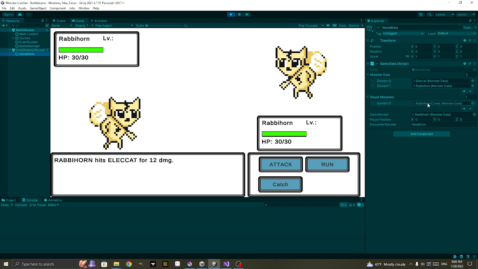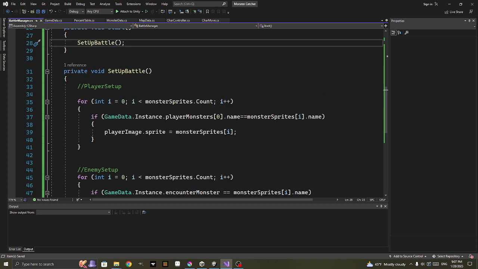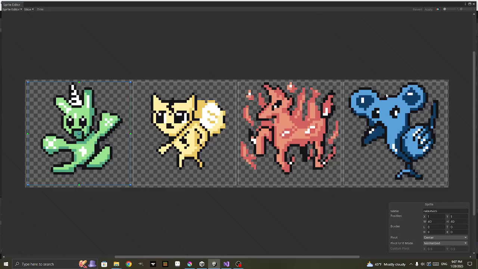My monster is a Rabbyhorn. Didn't change that. So what's happening is it's looping through our monster sprites, and none of the names are matching. Okay. Go to my prefabs. Not prefabs. Elect cat. Rabbyhorn. Let me go to my art. Let me make sure I'm naming things correctly. Rabbyhorn, elect cat. Rabbyhorn, let me make sure I got